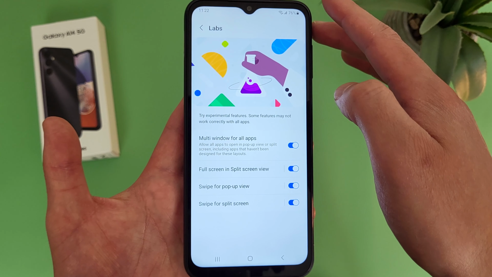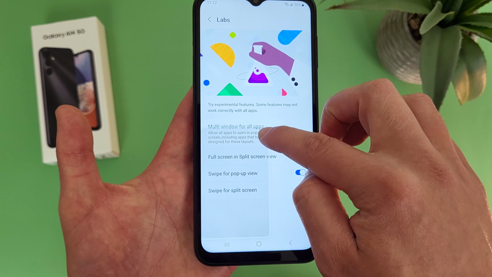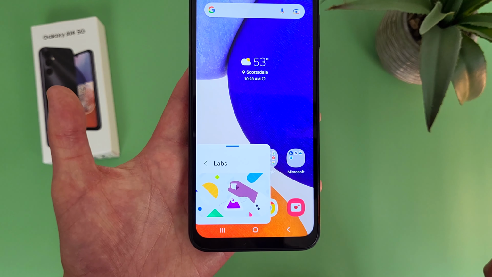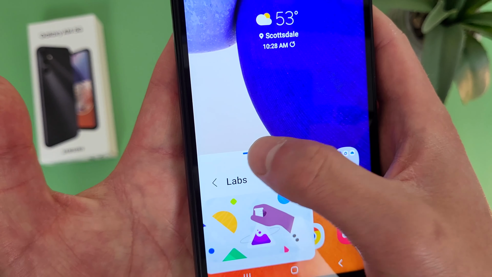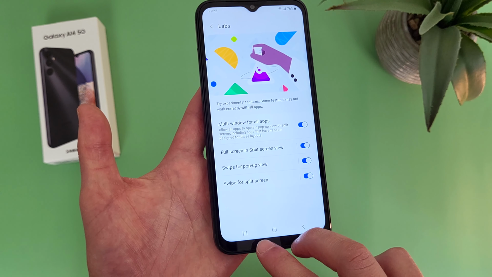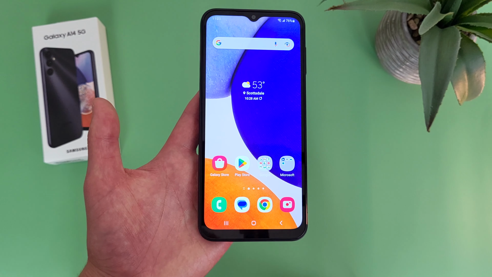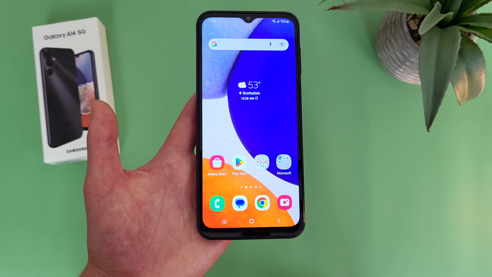So for pop-up, what you're going to want to do is swipe down from the corner like this. And there we go. Get back out of that. And for split screen, take 2 fingers and swipe up from the bottom like this. And there we go. So definitely some cool features, and honestly feel free to replay that whole section because that was a lot of information,